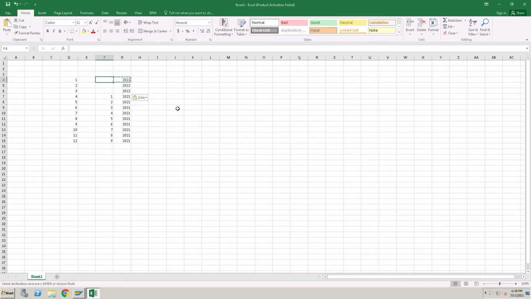So in this case, we will consider Jan 2022 as the 10th month of the financial year. This is the 11th month and this is the 12th month. Then you have to enter the days of the month, like how many days we have for that month. So for April we have 30 days, May 31.